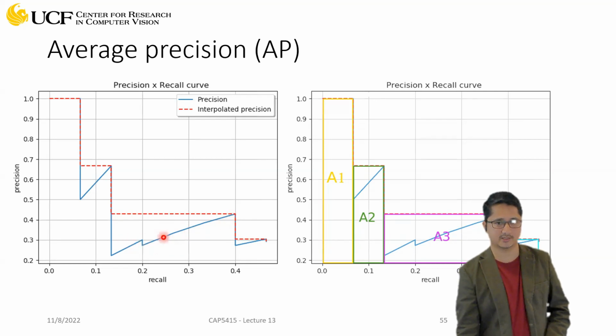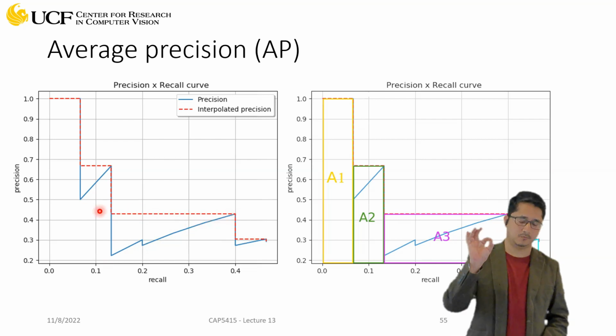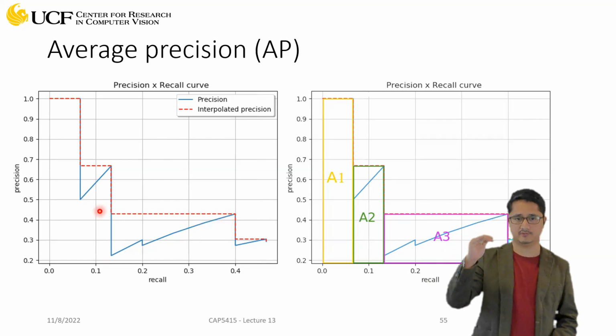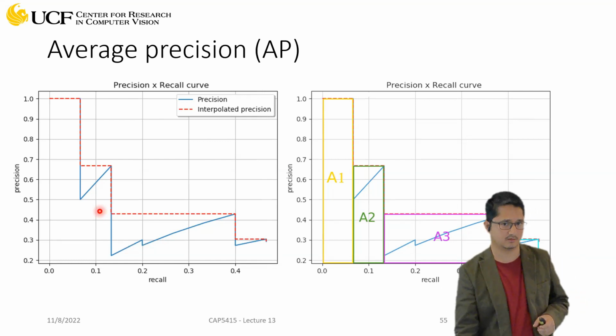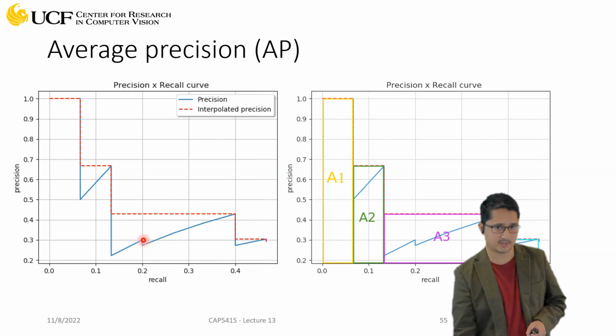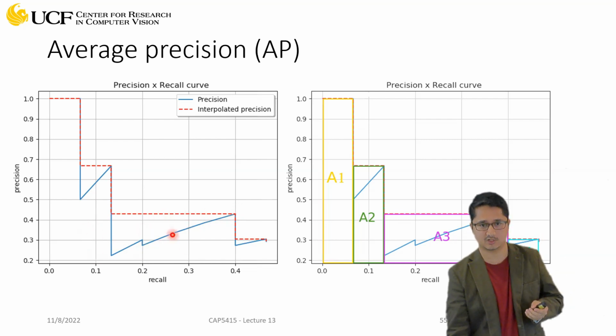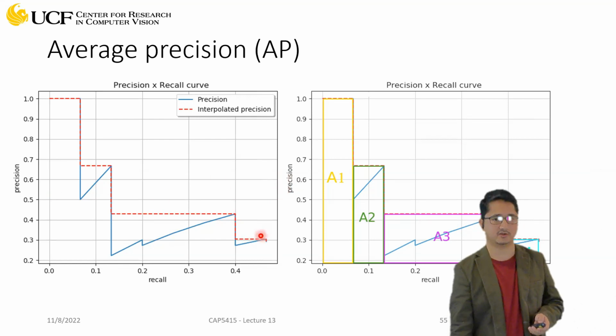You backtrack, but then all of this is getting dismissed, right? You don't care about these locations because you already are at this level. So the idea is whenever you have reached any particular precision level, if you reduce the recall, you are not going to go back again. Of course you could have drawn a line like this, that's fine. But then you're reaching 0.4, and you have a line which is above that, so that will be completely ignored. And if this point might be going at this point again, this will be ignored because you will have a line like this. Okay, that makes sense? Okay, good.